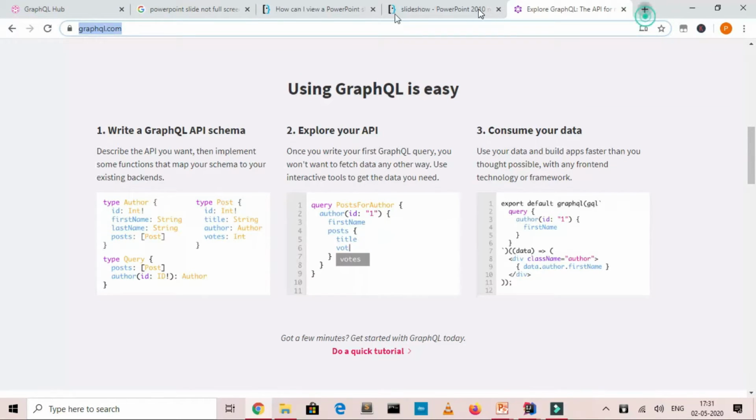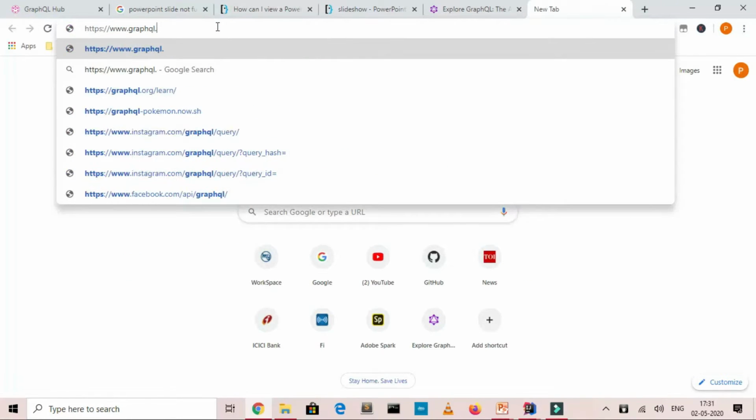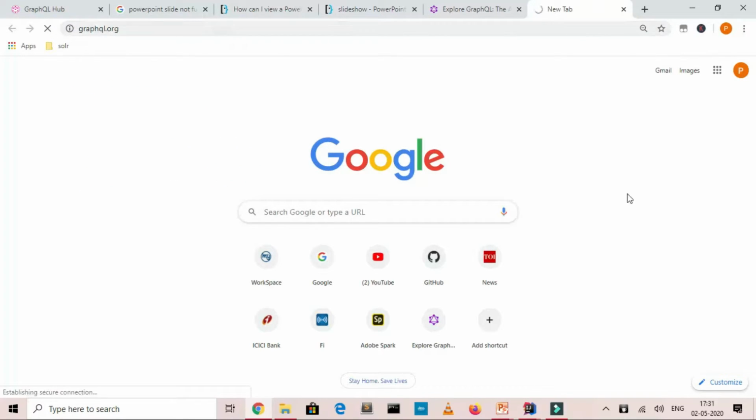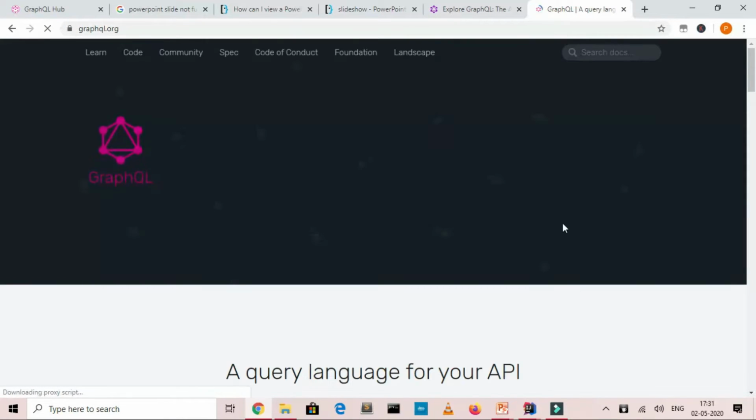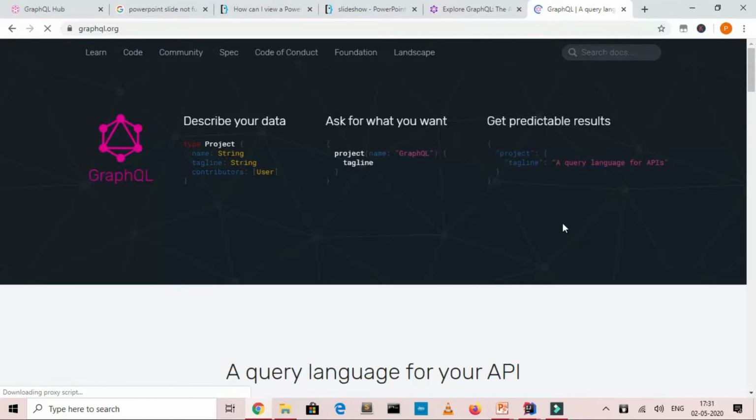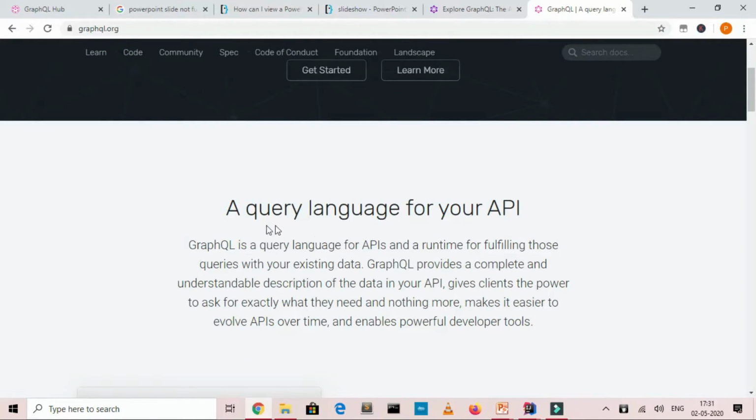So if you go to graphql.org, you can see the definition of GraphQL. Basically, GraphQL specification says that it is a query language for our APIs, and it is not only a query language, it's also a runtime for fulfilling that particular API or the queries that you write for your data.